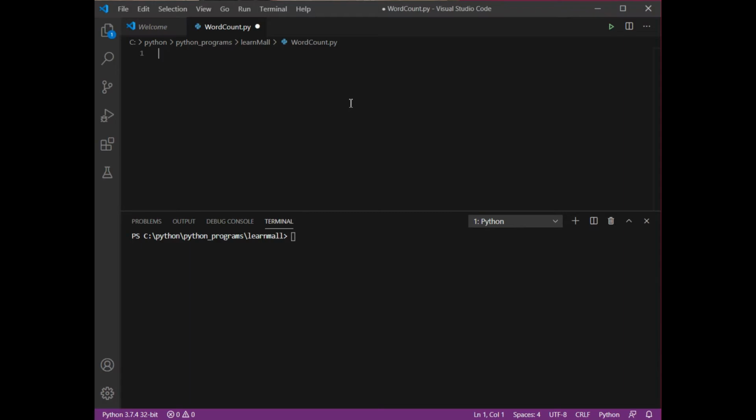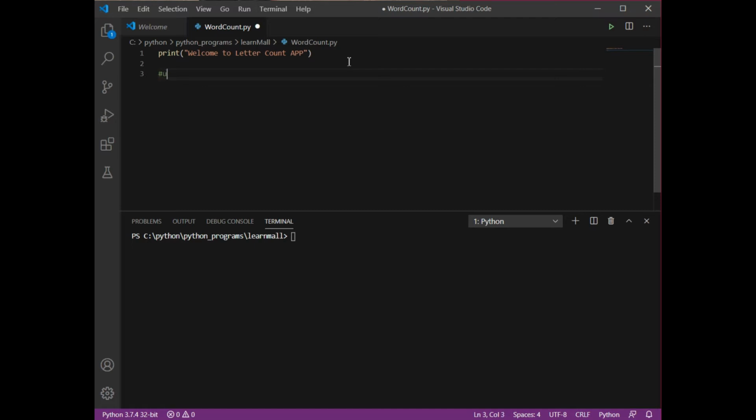First of all, let's just print a message. Inside print, I'm giving the message, welcome to letter count app. Now, first of all I want to have a message, and that message would be entered by the user.